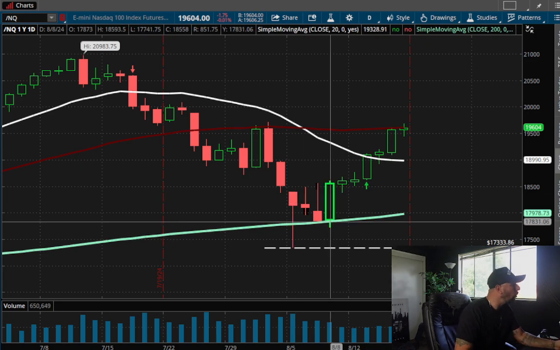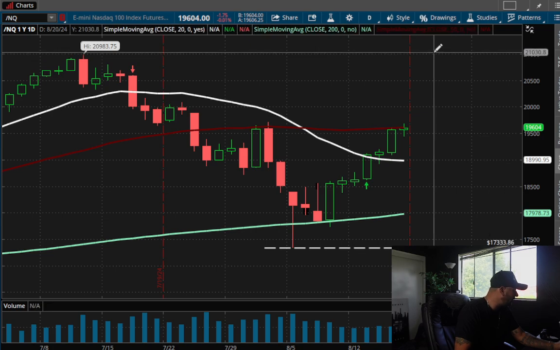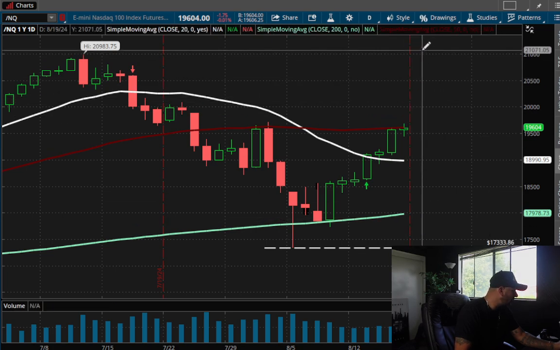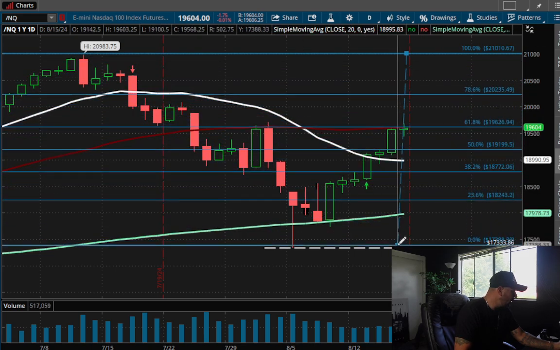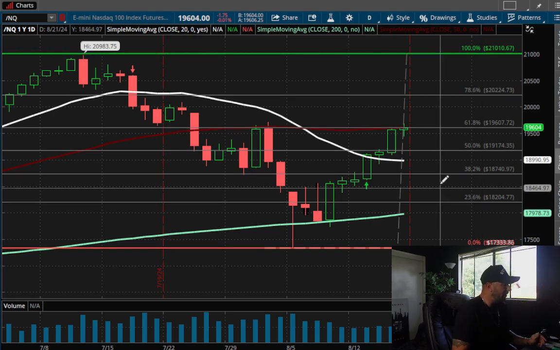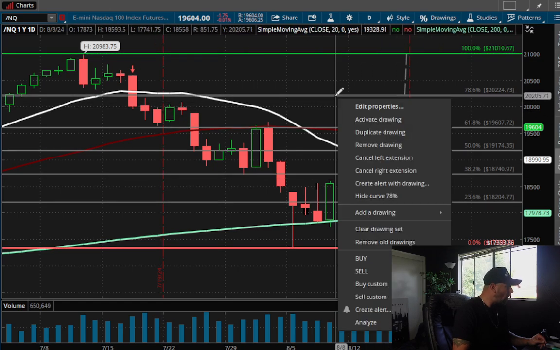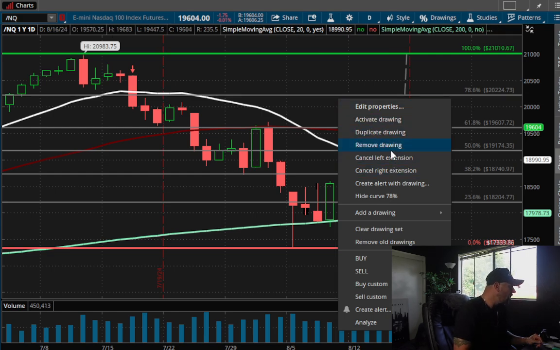So what we're looking at here, and I would like to actually put a fib from the highs down to the lows. If I was to drop a fib, we're at about a 61.8% retracement from the absolute high to the absolute low. Let me tell you something. Normally, on any type of dead cat bounce, or any type of pullback when the market is screaming higher, you're looking for that